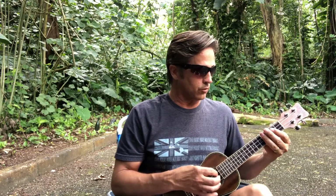And then it does this in-between riff where, what I'm doing is not the exact chords or notes, but it's close. So it's basically E, and you're plucking, and then B minor position, but you're really only plucking the middle two, and then you're doing the G by putting the middle finger on the second string, third fret. So I'd do that again: E, and then B minor, and then